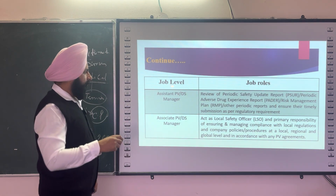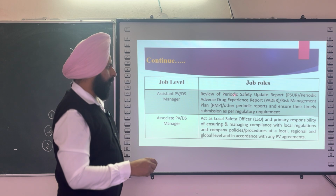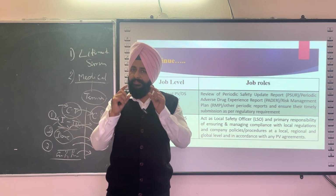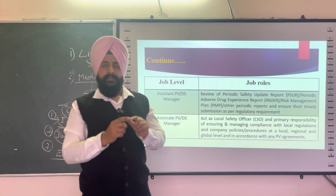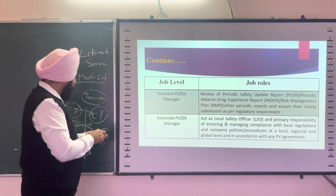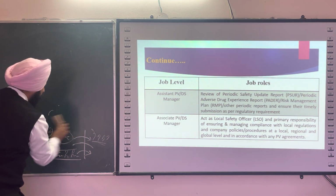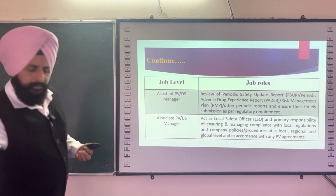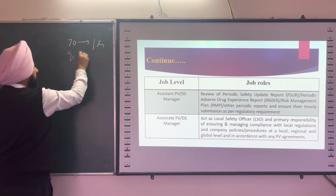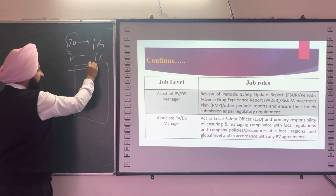Next is the job level of an assistant PV, pharmacovigilance drug safety manager. The drug safety manager looks at the review of the periodic safety update report. So dear friends, this periodic safety update report is a report which contains all the things about the drugs associated with the ADRs. This periodic safety report, which is called PSUR, is a very important part of pharmacovigilance, because the periodic safety report will be for 90 days up to 1 year. This is a sheet which is prepared, on which there will be a title about the drugs,